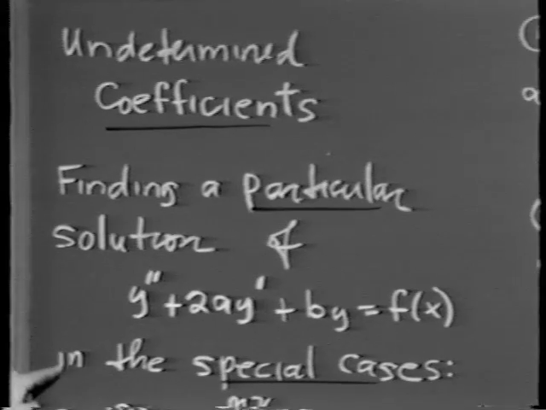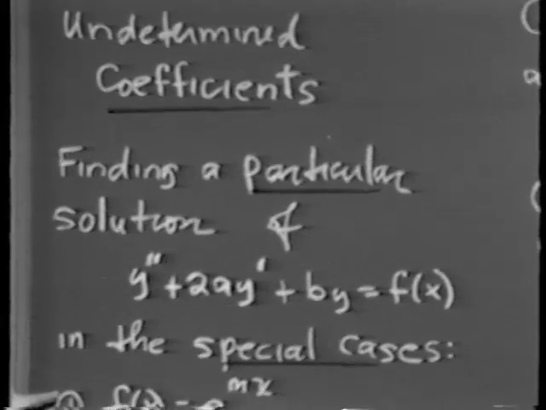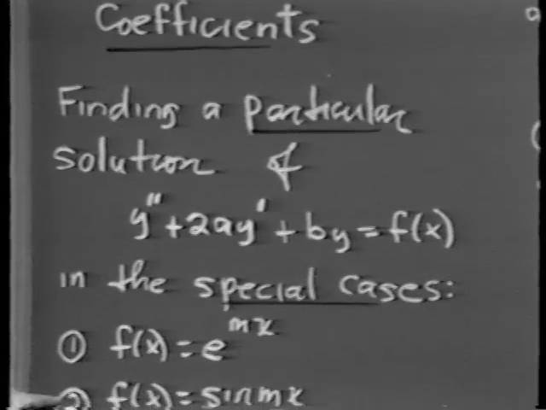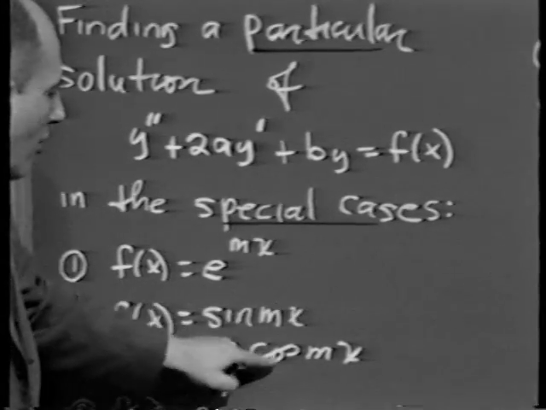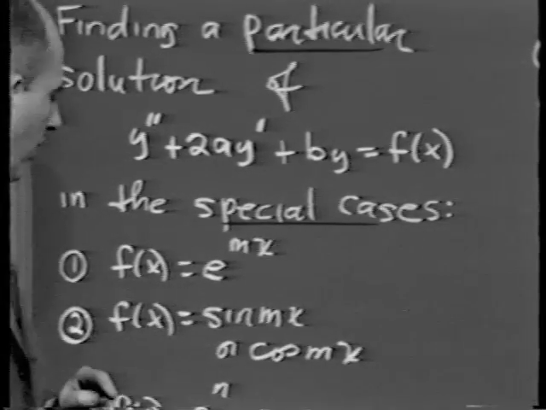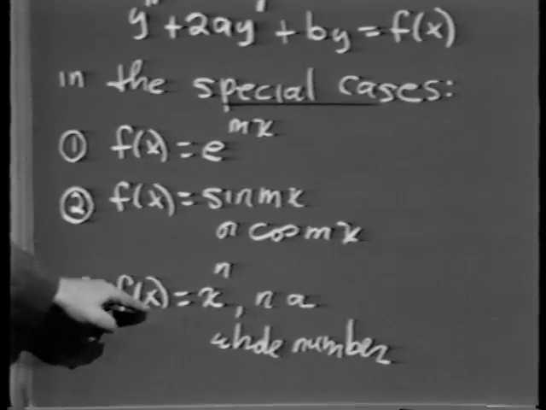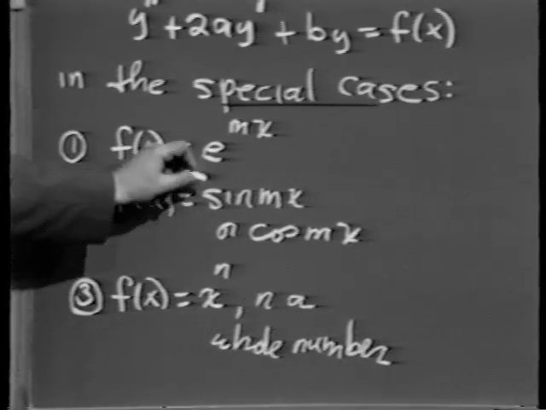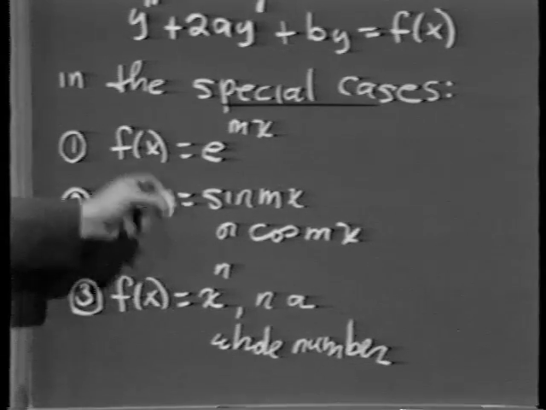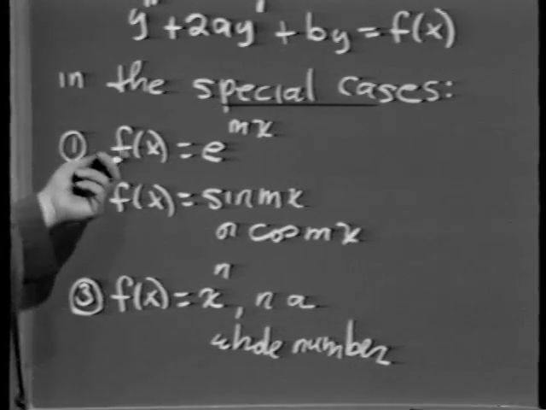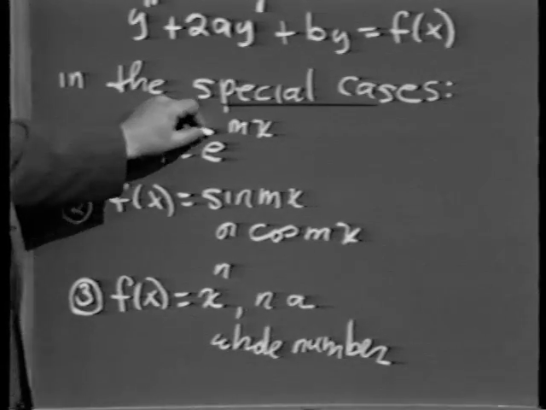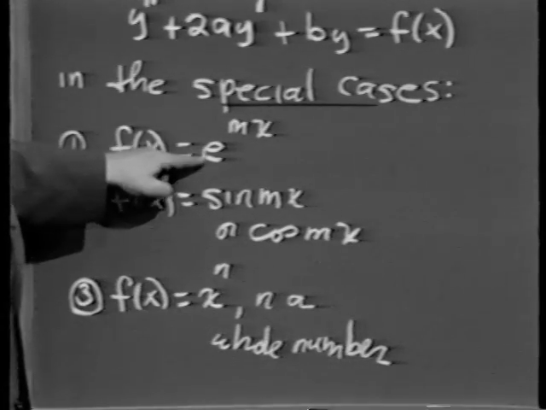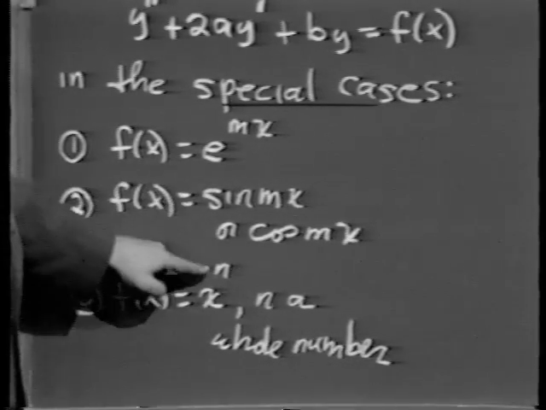But we're going to solve this in the very special cases that f of x is either e to the mx, where m is a constant, or f of x is either sine mx or cosine mx, where m is again a constant. Or finally, in the case where f of x is x to the n, where n is a whole number. And the reason that we focus our attention on these three cases, and we'll prove this in more detail during the course of the unit, but not in the lecture, is that this is the only family, so to speak, of functions whereby we can tell what you have to differentiate in order to get the given